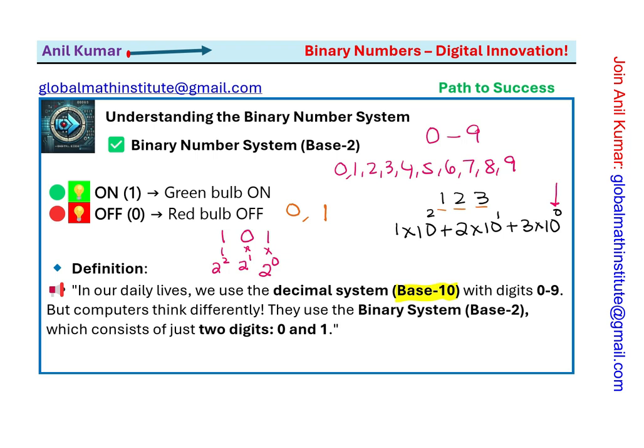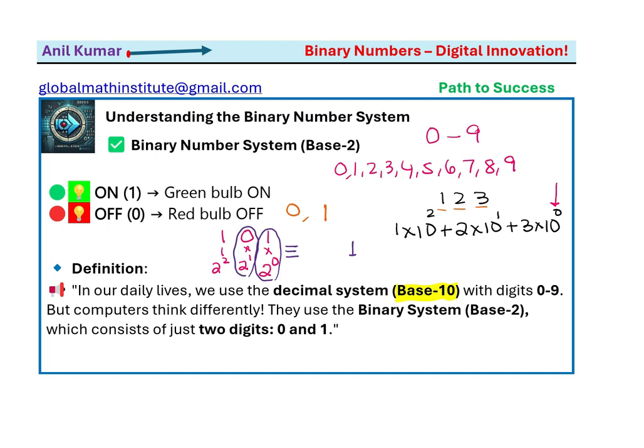Now, multiplying with zeros and ones is so easy, right? When you multiply anything with 1, you get the same number. So when you do this multiplication, you get just number 1, right? When you do this multiplication, which is 0,